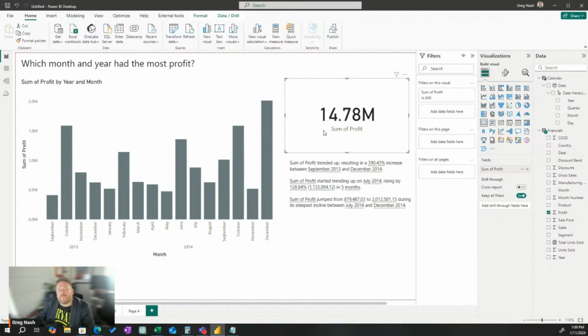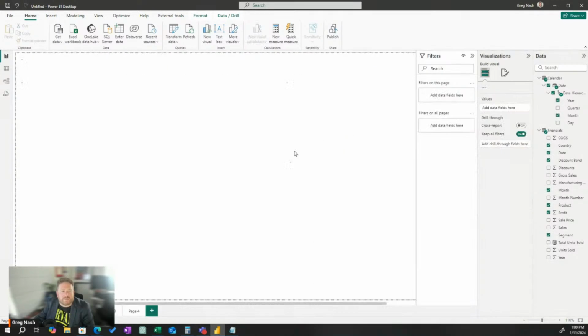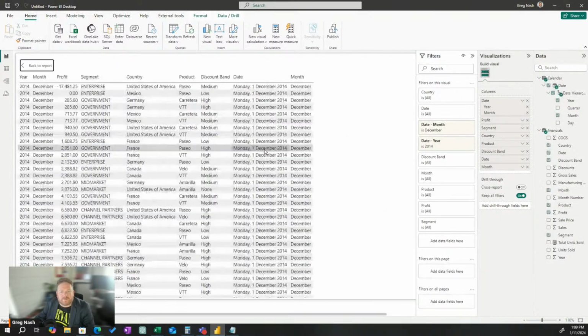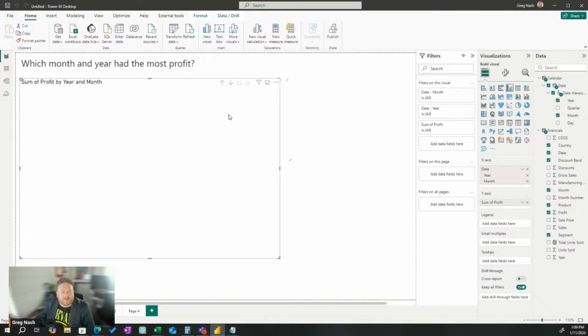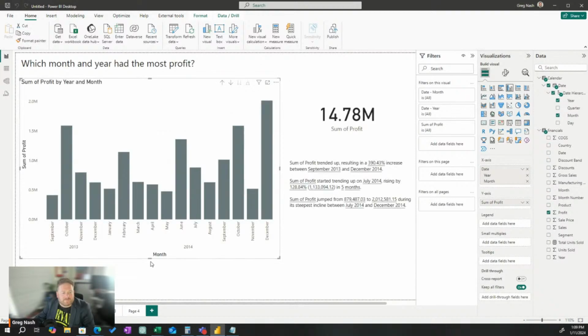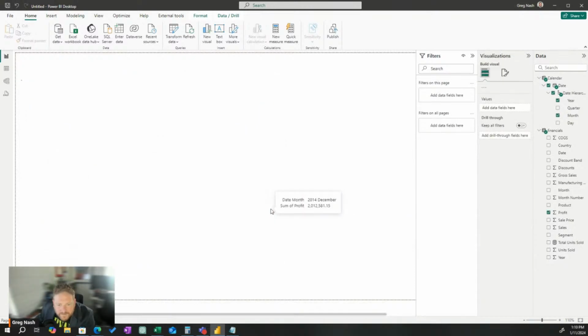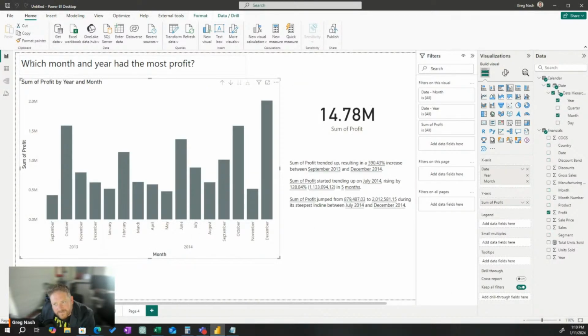Except maybe the visual that tells me that this one is the, why did it do that? That's interesting. Why is it taking me to a table? When I click, am I on drill mode? No. Have I got control down? Is that a bug that I don't know about?